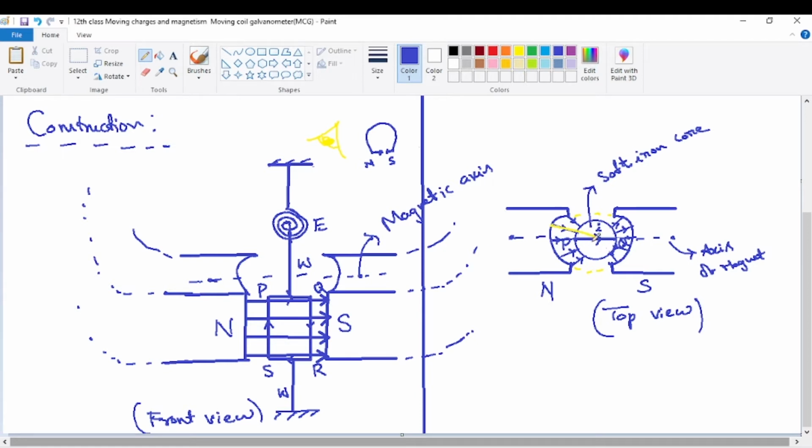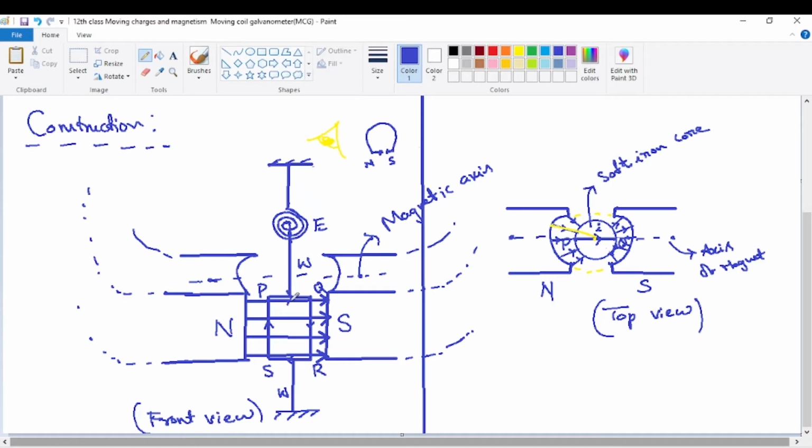So where the lines of force are closely converging, there the field will be very strong, and where they are well apart, close to the surface, that is the face of the north pole or the face of the south pole, the field will be a little weaker. But at the same distance, all the points which lie at the same distance from the center of the circular cross section, the field will be the same. But close to the center, the field will be stronger. Away from the center towards the face of the north pole or south pole, the field will be weaker.